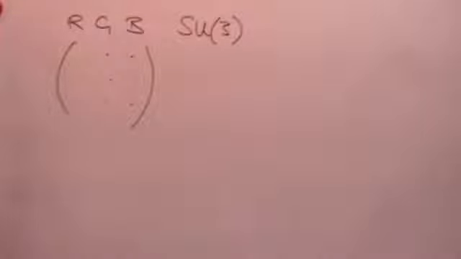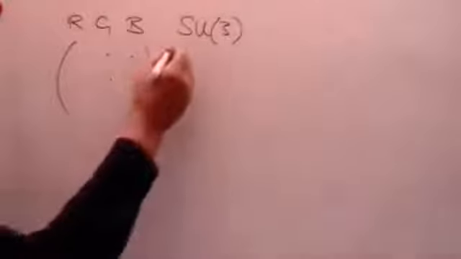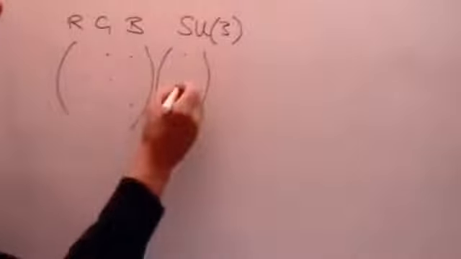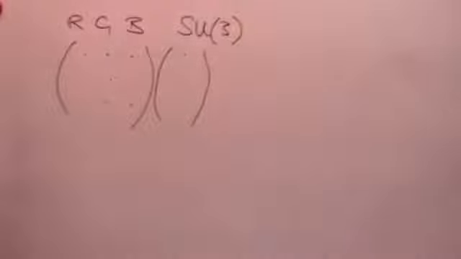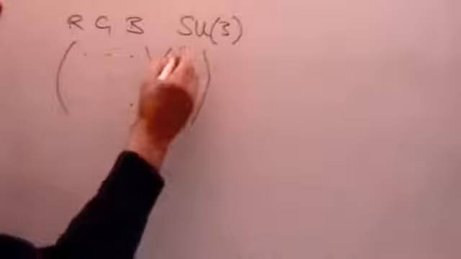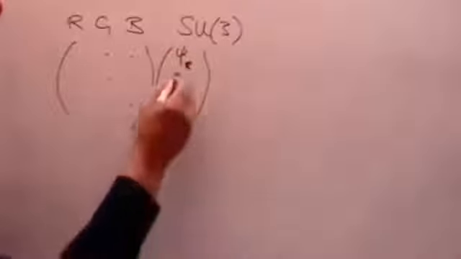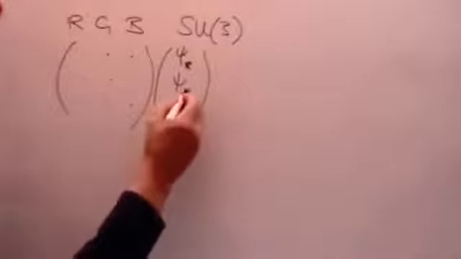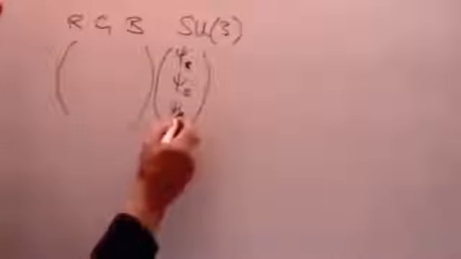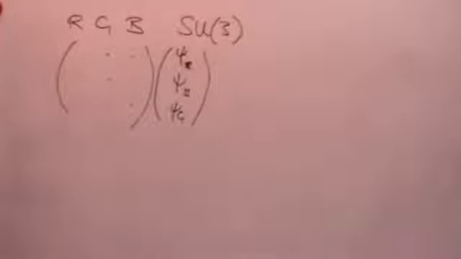We won't worry about what they are just at the moment, but there's a 3 by 3 matrix that will operate on a 3-dimensional vector. And what will that 3-dimensional vector essentially represent? It will be the probability amplitude for red, the probability amplitude for blue, and the probability amplitude for green. And what that